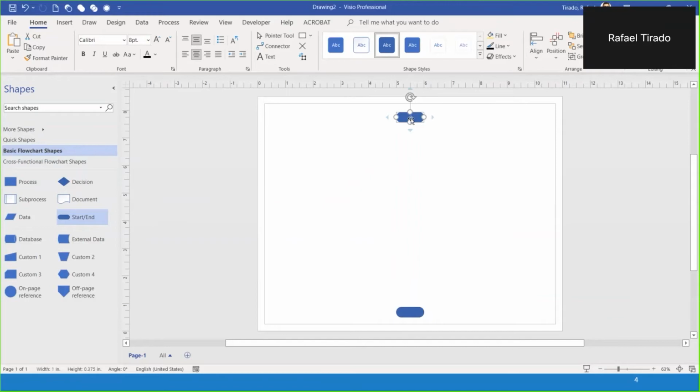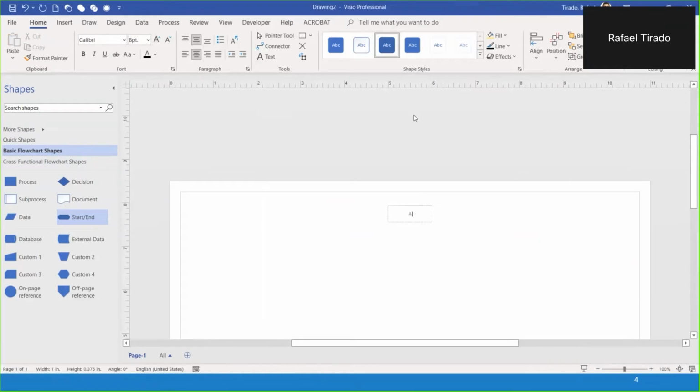The flow chart that we're going to create today is used to illustrate the process of proposing a project. So let's say in our unit, whenever we want to propose a project, the first thing you have to do, of course, is the member has to make a suggestion about the project. So I want to say that this is the first step. So I'm going to write right here on this shape, a team member